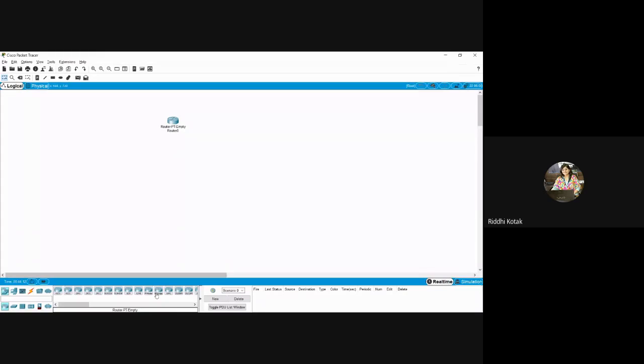How do you have to do this? You just click on that router. Right now just click on a PT-MT, because we will use a very basic router, right? So just click and this plus sign will come, and come to this part and just paste it over there. So drag and drop.